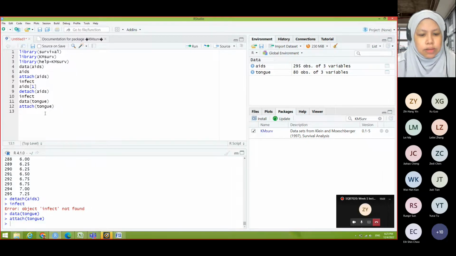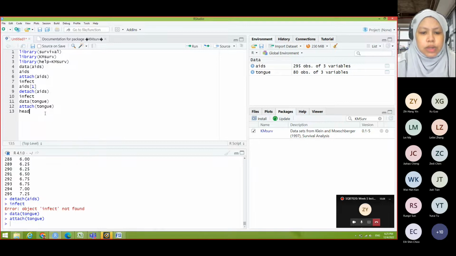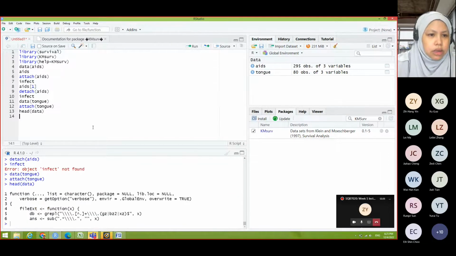I just want to look at some overview, so use head data. Oh, sorry, I cannot use that, right? Or maybe I can just